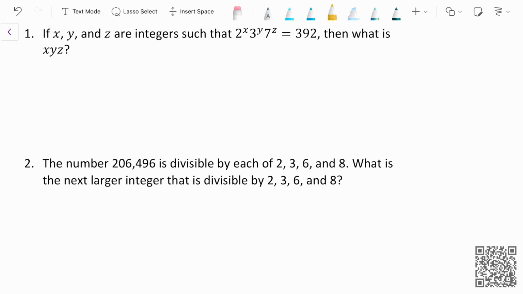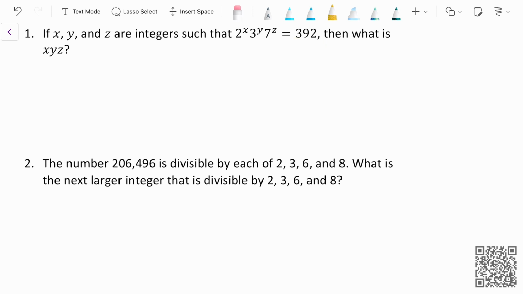Today's first question is, if x, y, and z are integers such that 2 to the power of x times 3 to the power of y times 7 to the power of z equals 392, then what is x times y times z? So since 2, 3, and 7 are all prime factors, we can either prime factorize 392 and